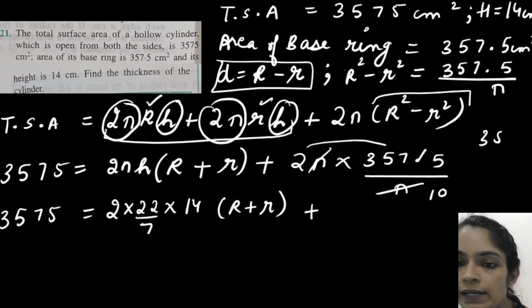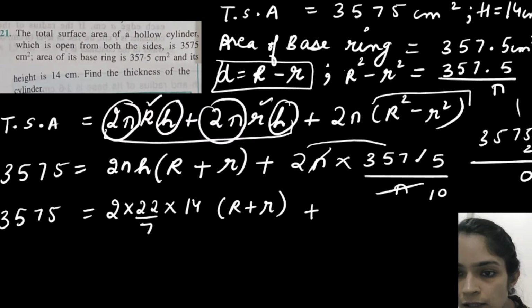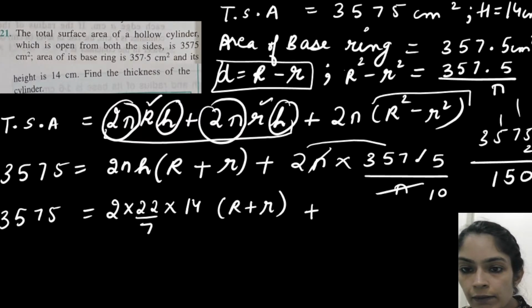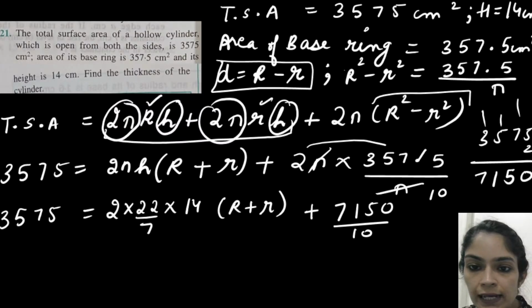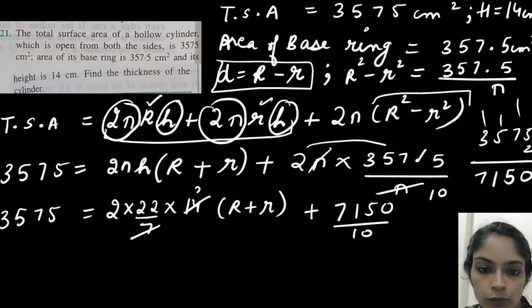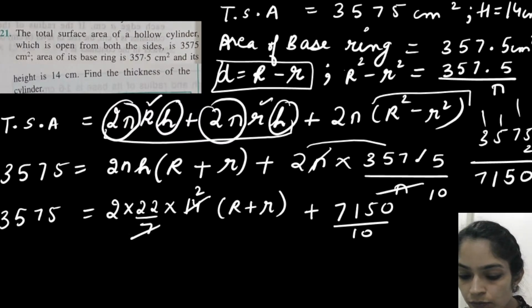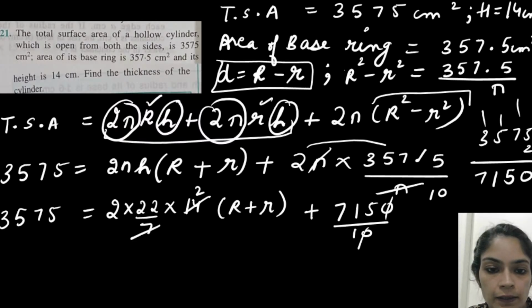So 3575 with 2 I'll multiply. 5 into 2, 10, 14 plus 1, 15, 10 plus 1, 11, 6 plus 1. So here I will get 7150 by 10, because here I removed the decimal. So 7 into 2 is 14. 7 into 2 is 14. And this 10 here, it will get cancelled. So now I am getting